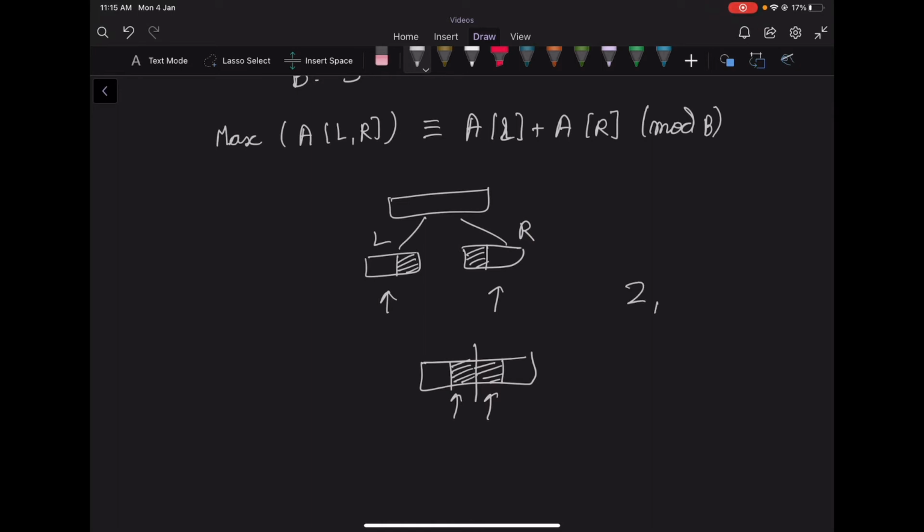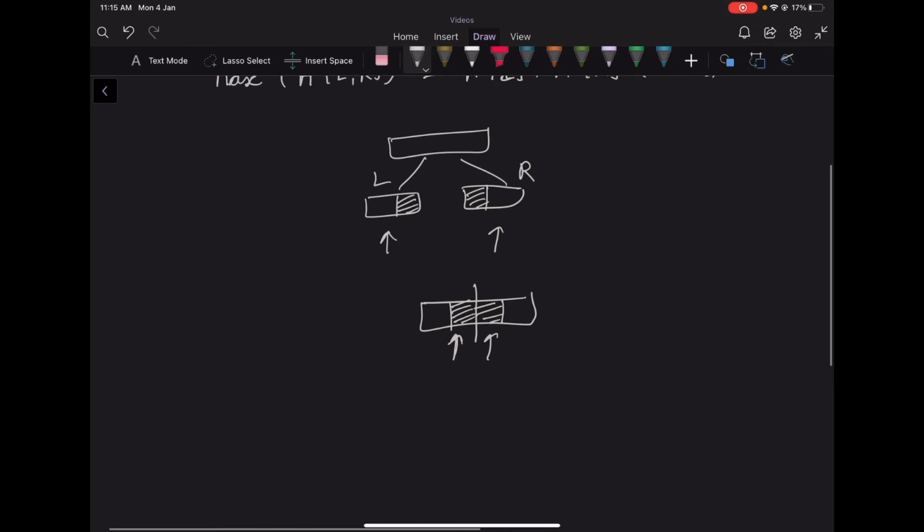So for example, if we have 2, 1, 2, this array, then we will count this first occurrence of 2 as the maximum. The first occurrence of an element we will consider the maximum. So we will first consider that the maximum lies in the left part. So if the maximum lies in the left part, let's say we are at this index L. Now the current maximum value is mx. This is the left part, and now consider the right part.